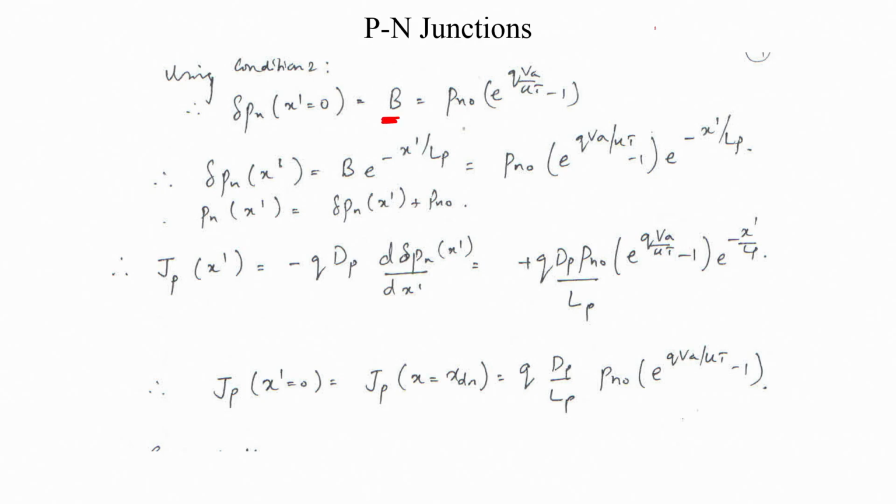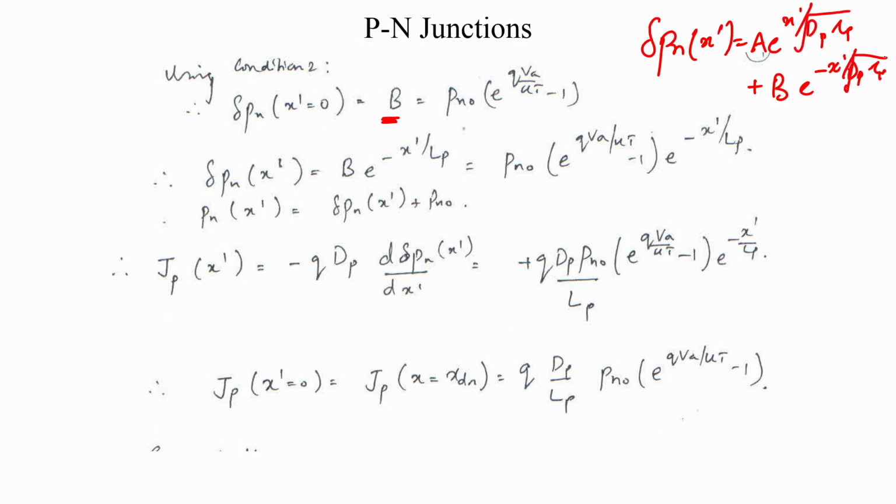So, if you remember, my delta Pn of x dash had two terms. It had an A e to the power x dash by square root of dp tau p, and it had a B e to the power minus x dash by square root of dp tau p. And we saw that A has to be 0 because of the long base approximation,